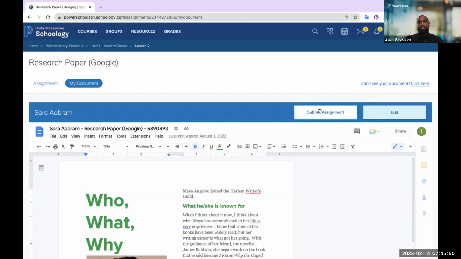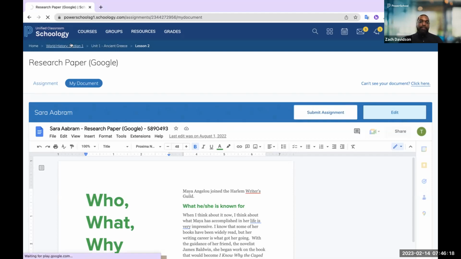And it's just as simple as clicking a button now that allows me to submit that document back to the teacher. Once I submit, just make note that it's almost like submitting a hard copy file, right? I can't submit to the teacher and still consistently work on that Google Doc and make those edits, right? The teacher sees that hard copy file once the student has submitted, and only the teacher has the ability to unsubmit that document back to the student.